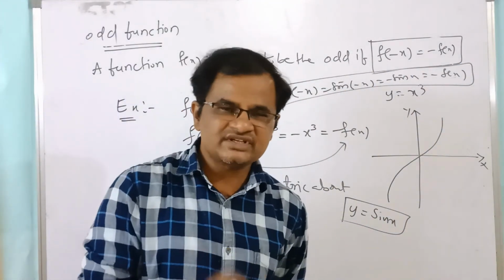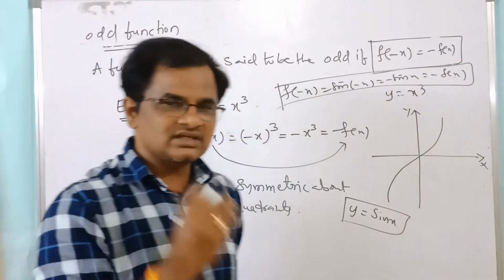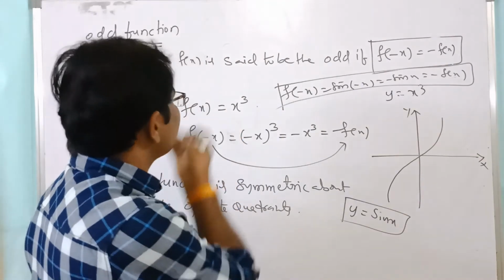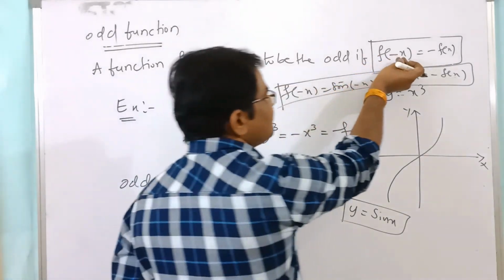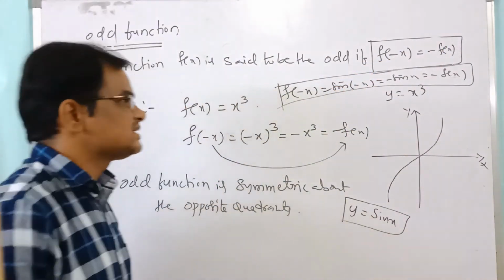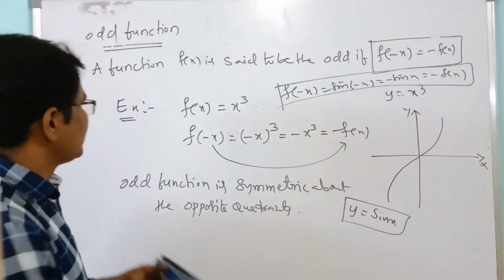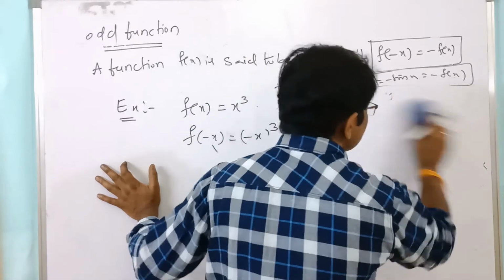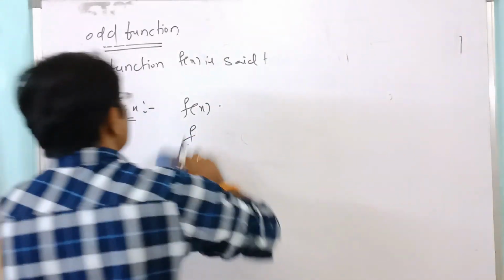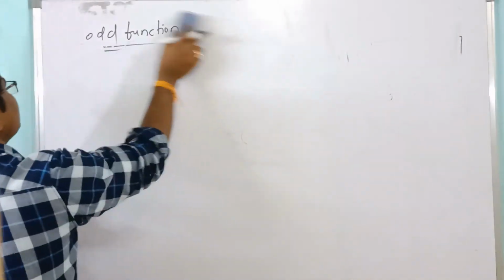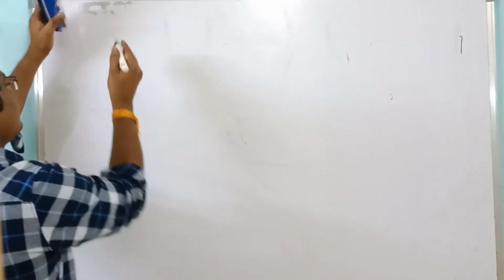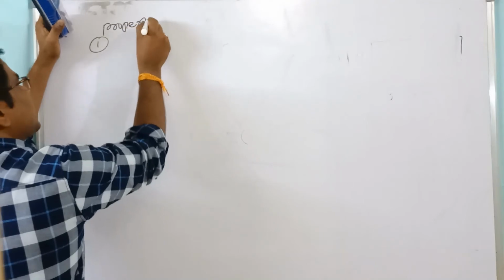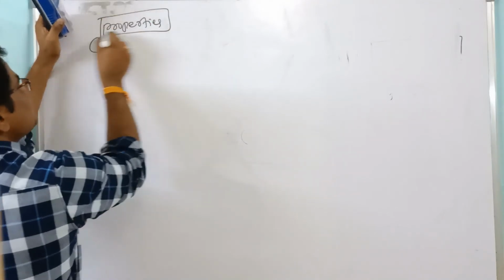Means a function which is symmetric about the origin or opposite quadrant is called what? Odd function. Or a function f of x is said to be the odd function if f of minus x equal to what? Minus f of x. Okay, no? Right. So some properties are there. That properties also we have to discuss. First one is properties. In that first property,